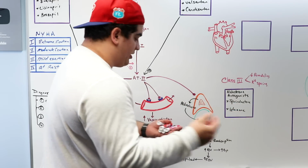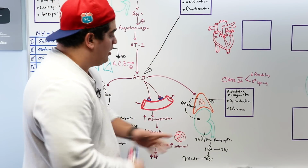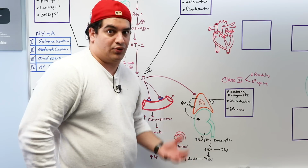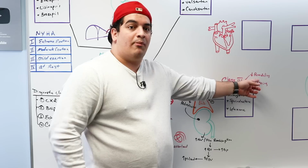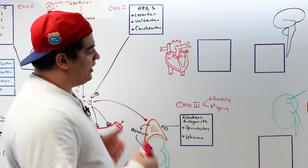What does it do? It's pretty simple to realize what it does, guys, right? It's going to inhibit aldosterone's action. If you decrease aldosterone's production, you decrease sodium water reabsorption, decrease EDV, decrease the preload, decrease the stress on the heart. Overall effect: decrease ventricular myocardium remodeling, and potassium sparing diuretic. Beautiful thing, right? The next drug class that I want you guys to think about, really this is also more